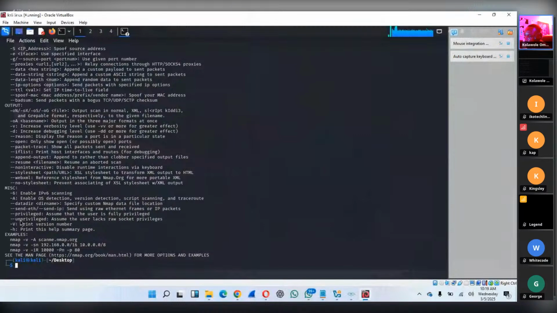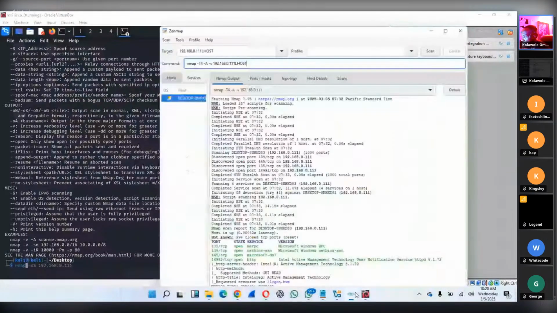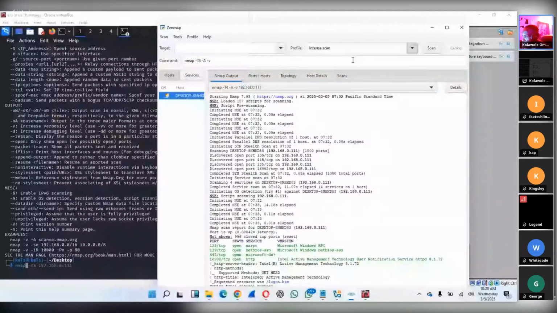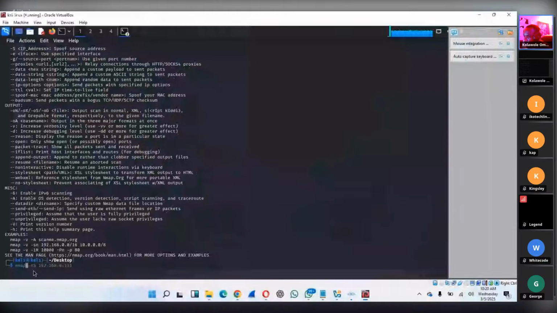So for example, in this place, if you type nmap and we use maybe a stealth scan, or we use something like this particular scan, T4 slash A slash V, which is the intense scan. That's what it's called, intense scan. Let me wipe this out first. Once we talk about intense scan, we have a command like this. So if we use this scan here, which is dash T4,